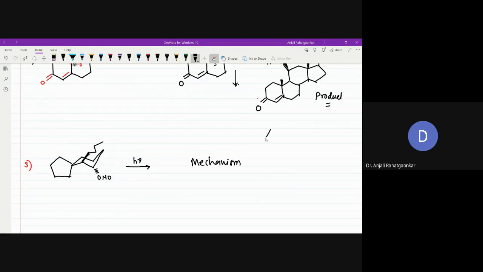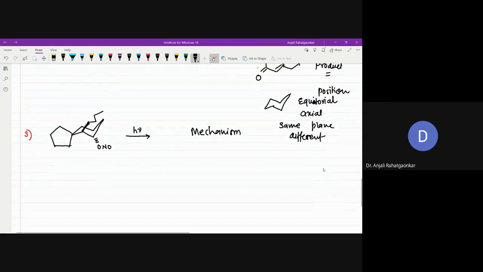Now whenever you can see such type of structure, you have to always see the equatorial and the axial. ये पोजीशन को आपको हमेशा ध्यान में रखना है कि आपके जो सब्स्टिट्यूएंट्स हैं वो किस पोजीशन पे हैं, and whether they are in the same plane or in a different plane. ठीक है। तो आपको सेम प्लेन और डिफरेंट प्लेन का जो क्राइटेरिया है,